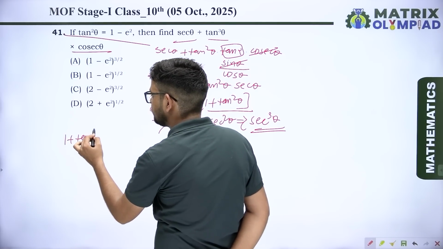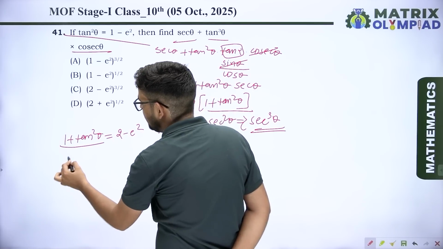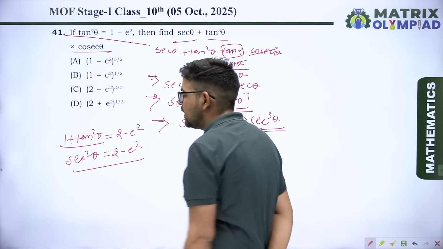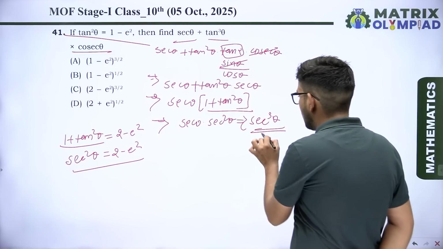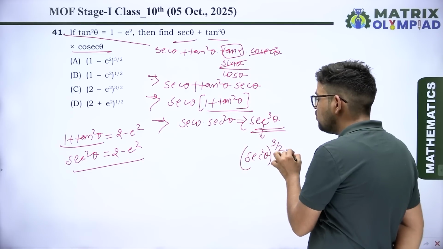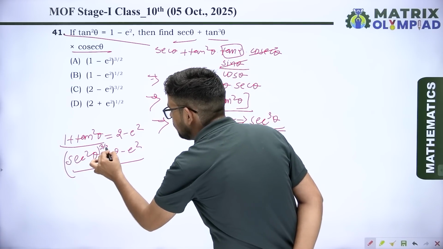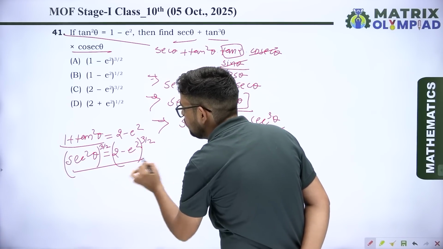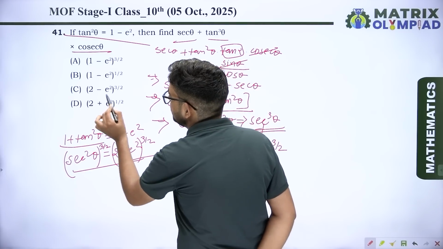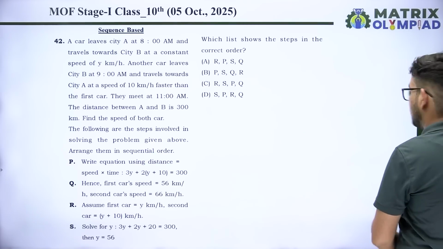अब tan स्क्वायर थीटा दे रखा है तो 1 प्लस tan स्क्वायर थीटा में 1 ऐड कर दो तो हो जाएगा 2 माइनस e स्क्वायर, और 1 प्लस tan स्क्वायर थीटा सेक स्क्वायर थीटा होता है। अब सेक स्क्वायर थीटा की वैल्यू 2 माइनस e स्क्वायर है, तो आप सेक क्यूब थीटा को सेक स्क्वायर थीटा की पावर 3/2 लिख सकते हो। तो इसका आंसर हो जाएगा 2 माइनस e स्क्वायर की पावर 3/2। ऑप्शन C करेक्ट आंसर हो जाएगा।